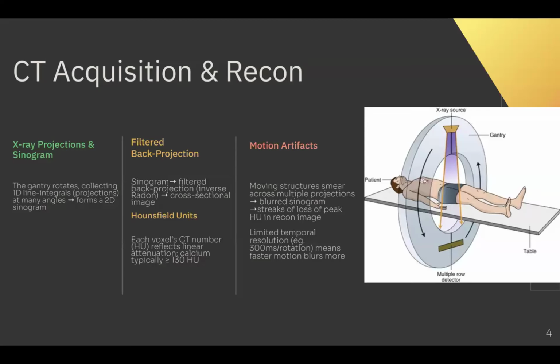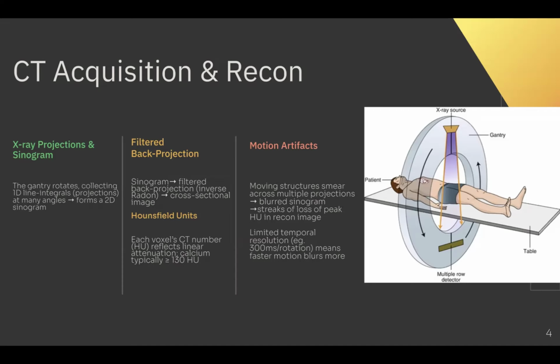Some background on CT acquisition and reconstruction. We know that as the gantry rotates around the patient, like in this figure here, each detector row measures 1D line integrals of X-ray attenuation at a given view angle. Stacking these 1D projections over all angles forms a sinogram, which is a 2D representation where one axis is the detector position and the other is the rotation angle. To turn this sinogram into an image, you apply a high-pass filter in the projection domain, then back project each filtered view into the image space. This process reconstructs the cross-sectional slice, and each pixel in the resulting image is calibrated to Hounsfield units,